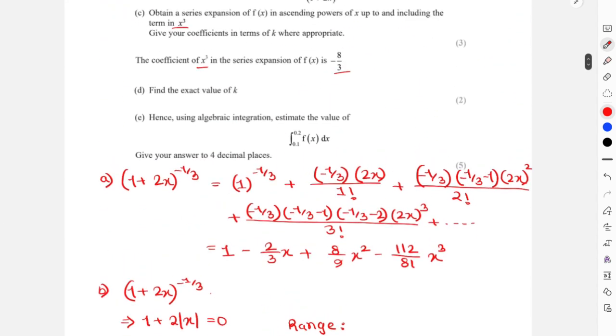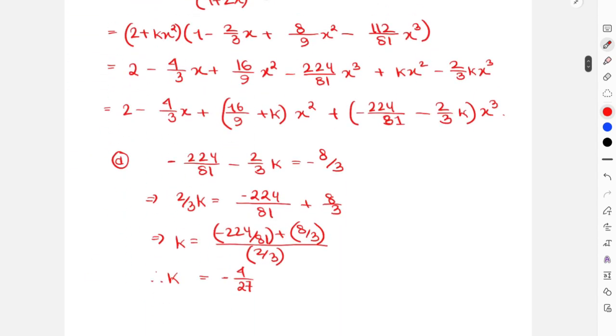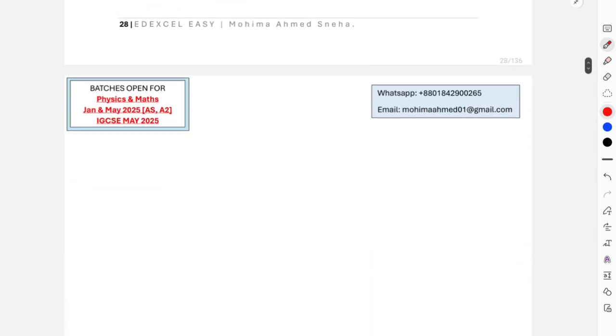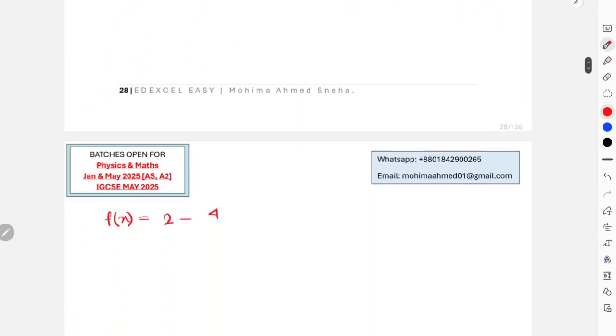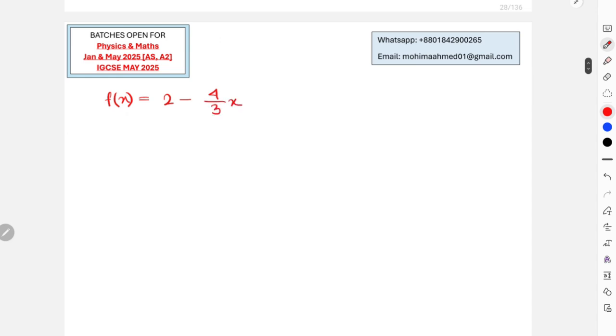For part E, now you have to integrate the entire expression with the boundaries of 0.2 and 0.1. Now the expansion was 16 over 9 plus k. You have to simplify the expansion in order to integrate it. So for the simplification, we'll start with the original equation, which was 2 minus 4 over 3x, then you had 16 over 9 plus k, right? So now that will be minus 4 over 27 squared, and then again you had minus 224